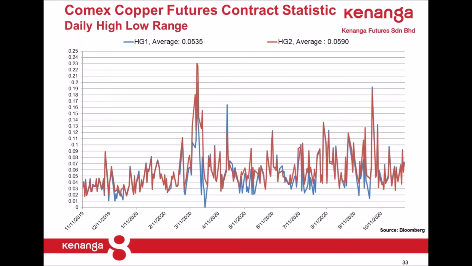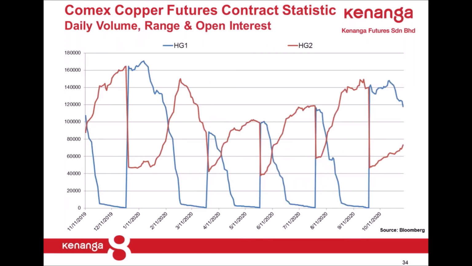Okay, and this will be the open interest, as you can see. So I also show you H1 and HU for near month and next month. As you can see, open interest can easily reach about 80,000. So there are a lot of participants here that trade on this contract.